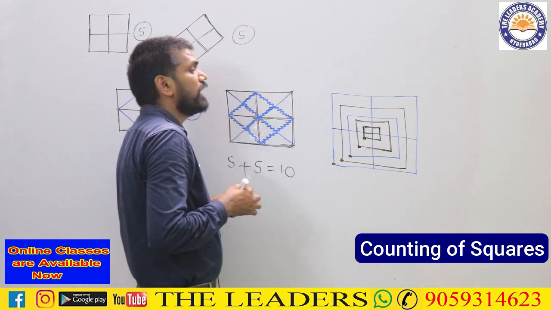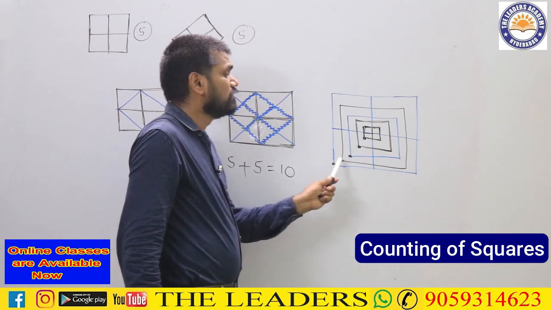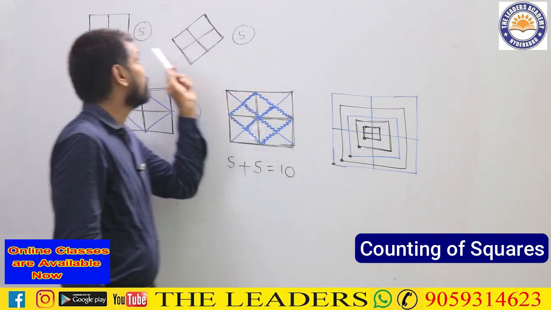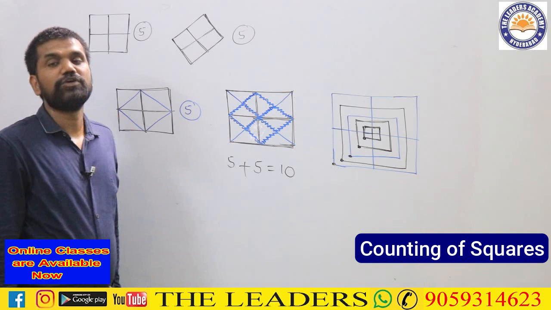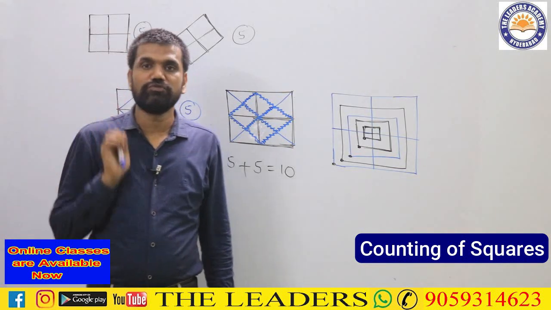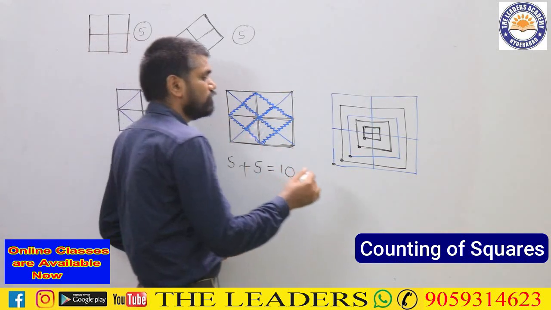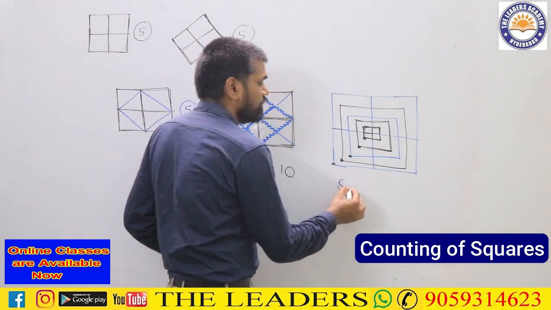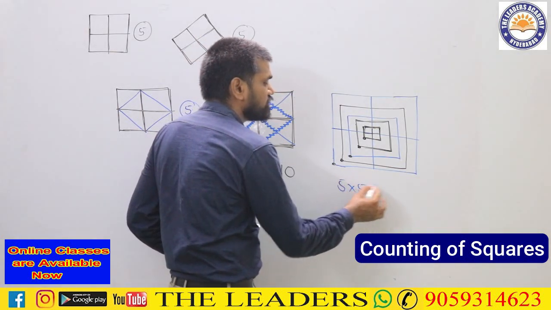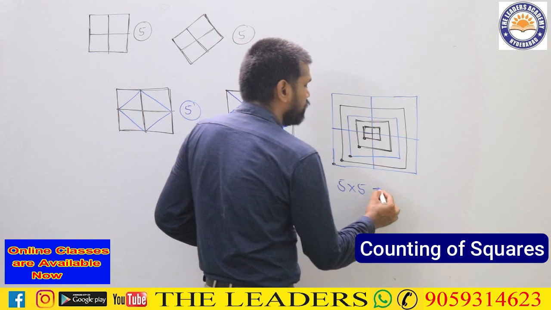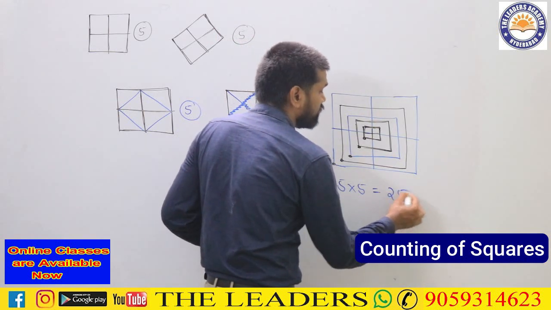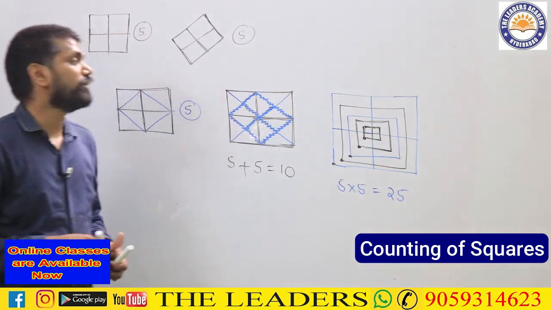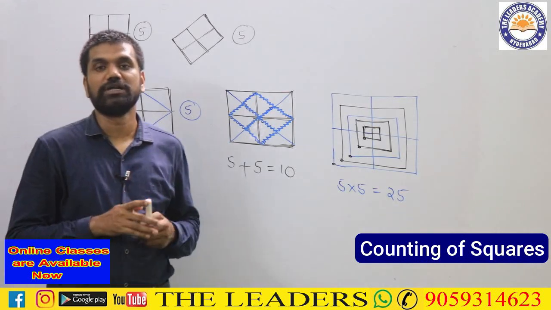So in total, I have how many such structures here? 5 such structures, 5 structures of this kind, and we know that each structure gives you 5 squares there. In total, 5 structures will give us how many? 5 structures, each structure giving me 5 squares. In total, we have how many squares in this one? In total, we have 25 squares in this particular diagram.